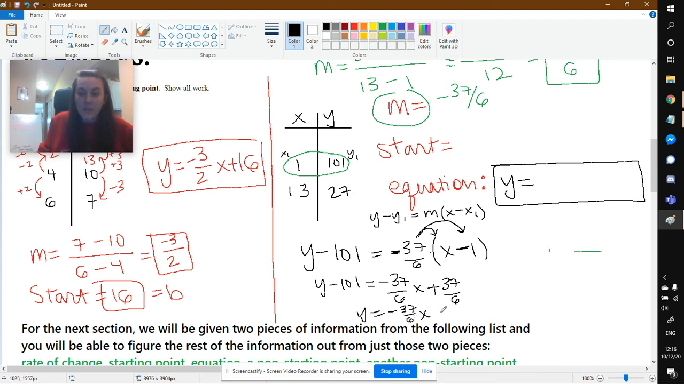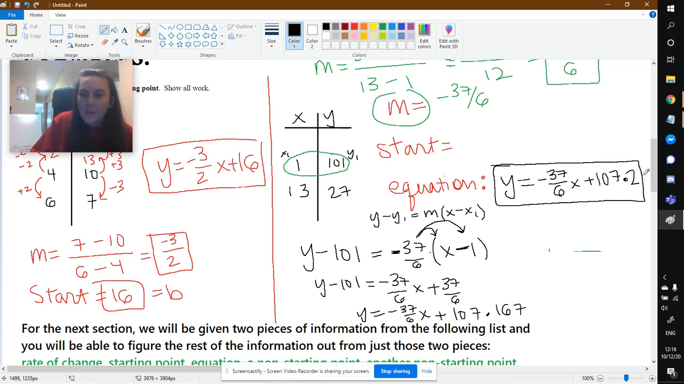This stays the same. And now we get 37 divided by 6 plus 101 is, I'm going to use a decimal, 107.167. And whenever you're doing calculations like this, feel free to use a calculator, right? I'm not trying to make our math be this long multiplication problem. So our final equation, even though it's gross looking,